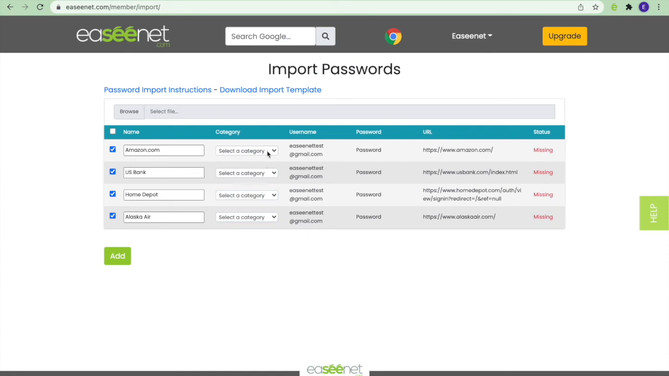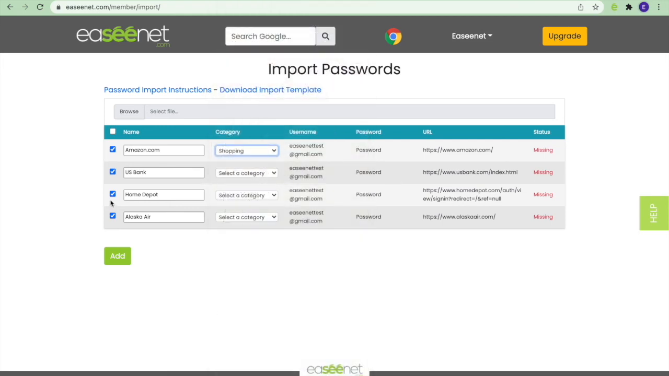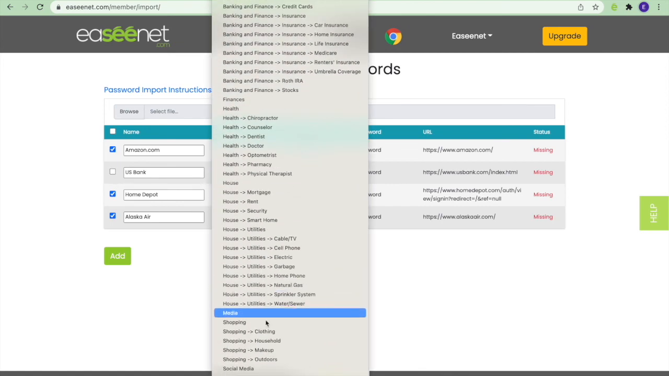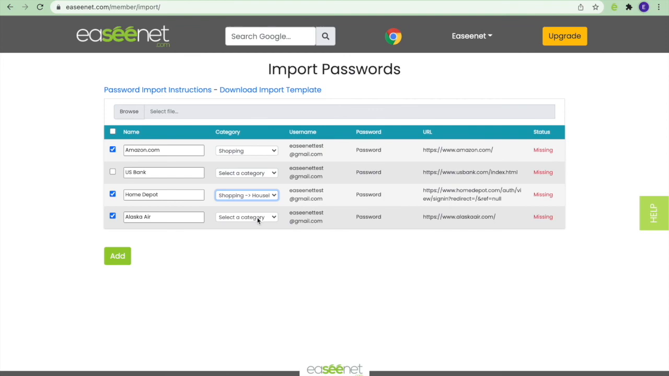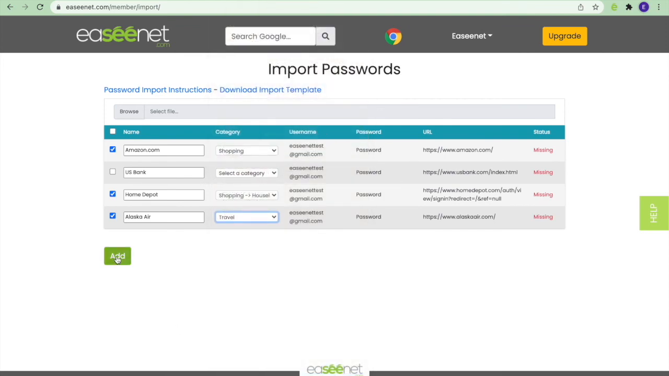You do need to select a category for each of these. So let's say for Amazon, it's shopping. Actually, we just did US banks. We're not going to add that. And Home Depot, let's say shopping and household, and this is travel. So now when we click add,